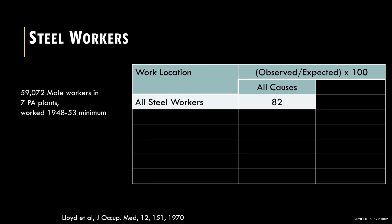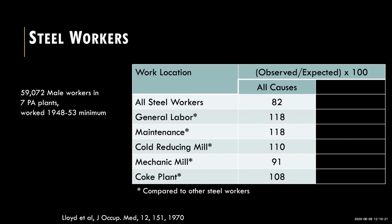This is known as a healthy worker effect. And some people at that point might walk away and say, oh, there's no problem among steel workers. But if we break it down and don't group all steel workers together, and instead look at a series of them in different locations, and instead of comparing them to the general population, to get away from the healthy worker effect, what we see is that for instance,